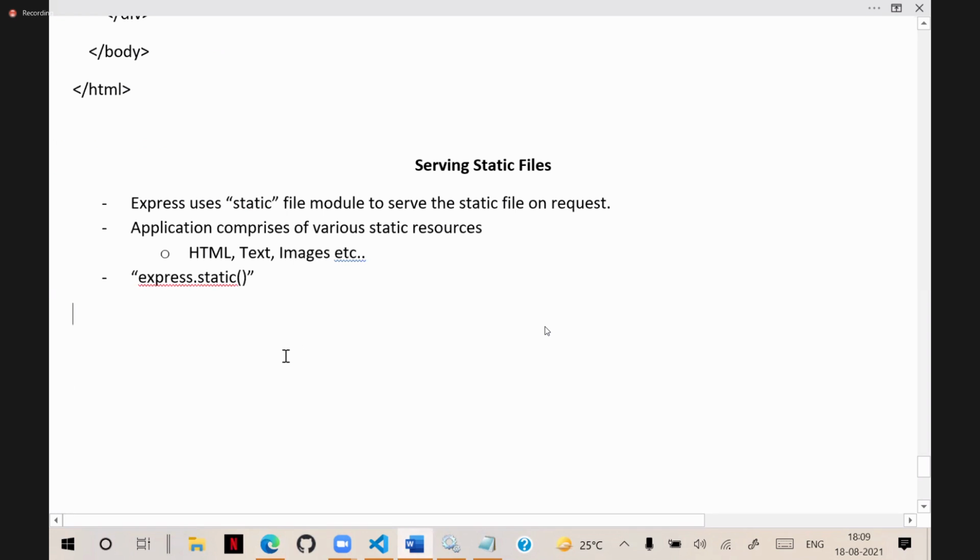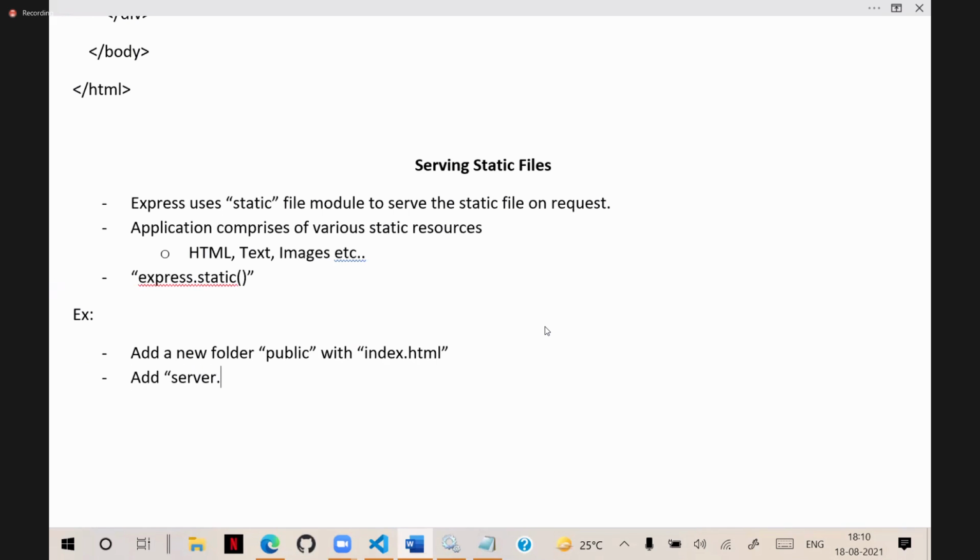So here what we have to do is add a new folder, public, with index.html, then add server.js in your backend application root folder.